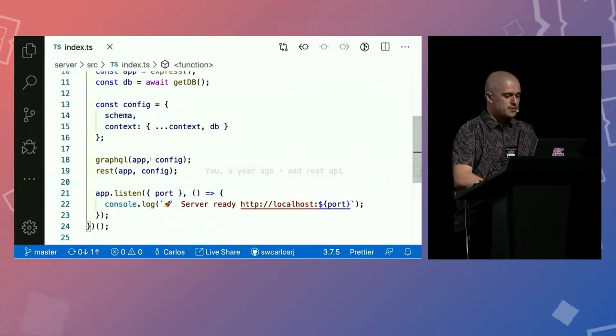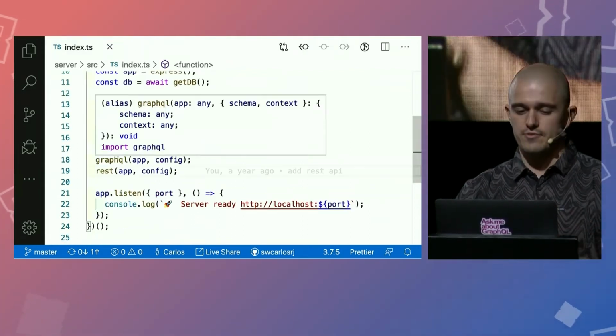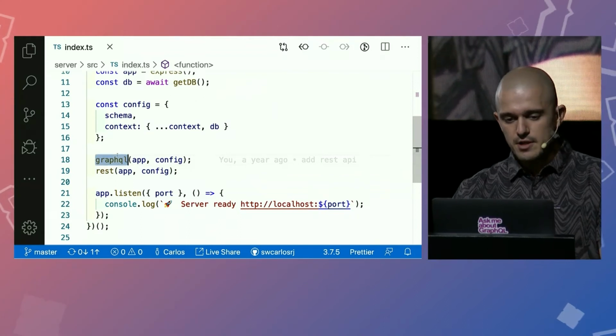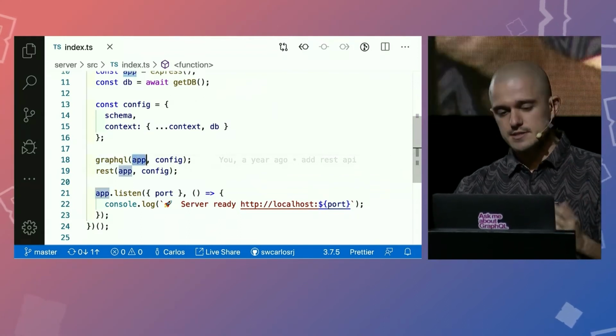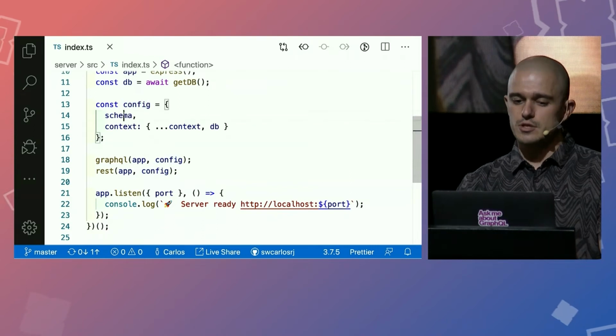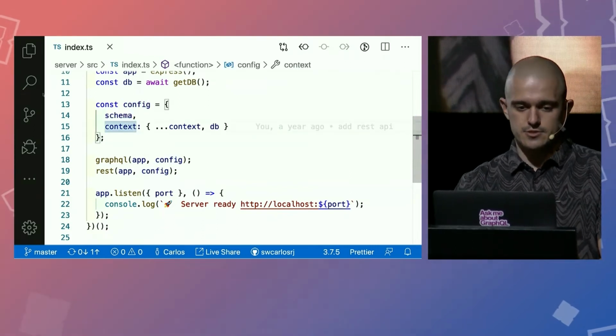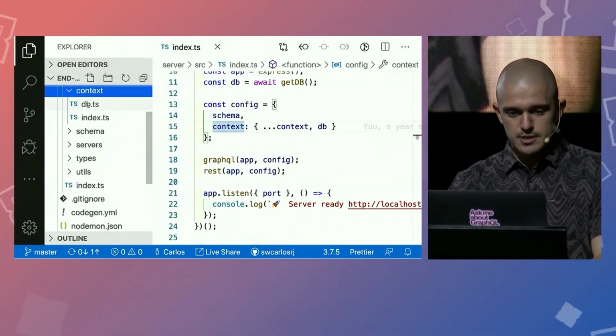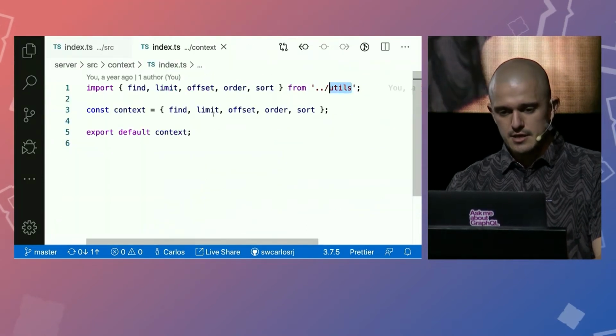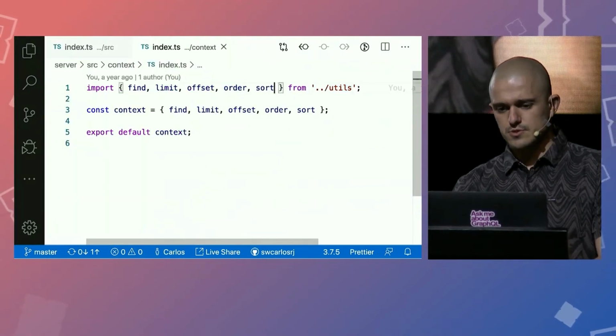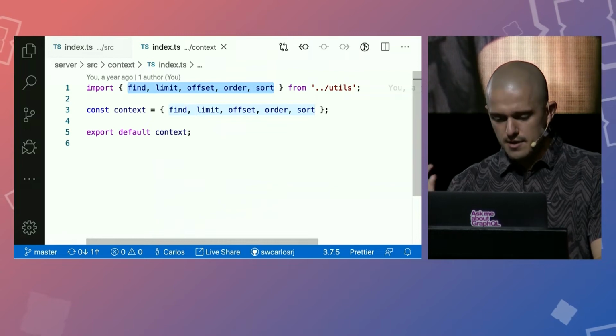But today we are here to talk about GraphQL, right? So in the GraphQL application, we are going to pass the node instance and also a configuration that is going to contain the schema and the context. So let's go to the context first. So the context is going to contain some utils, so it's going to contain some sorting, finding, and limiting functions,